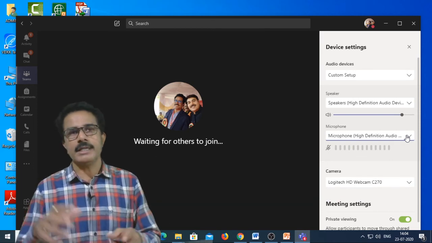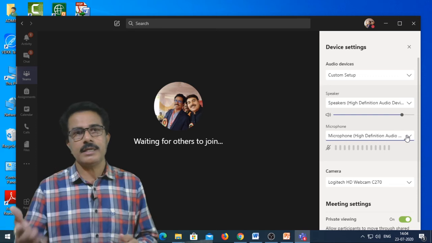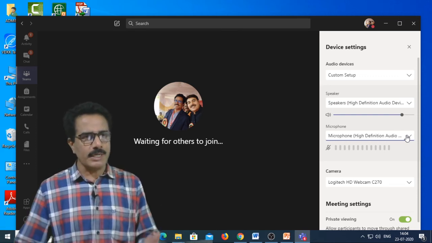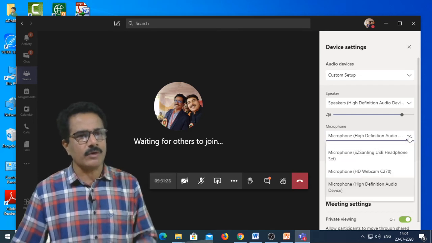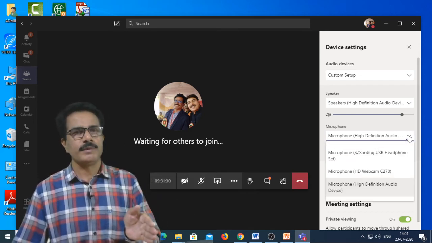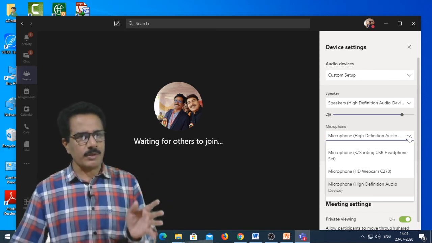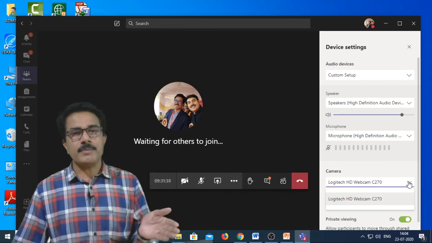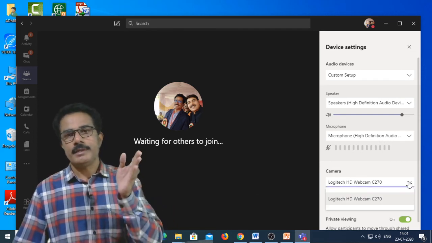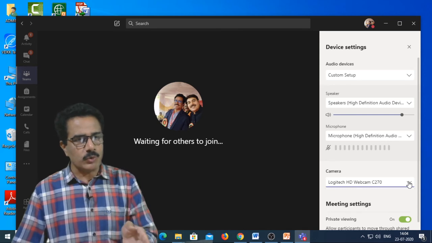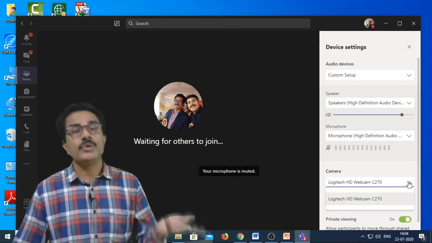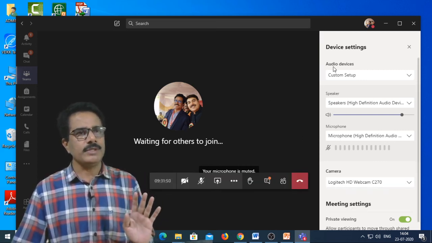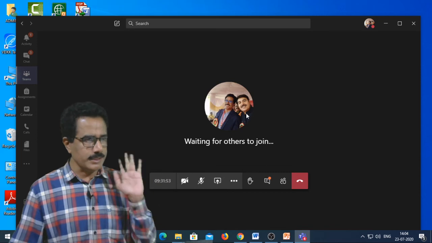If there are different microphone connectivities, desktop or laptop, you have to select which type of microphone you want to use in Microsoft Teams. Also there are different types of cameras, web cameras or the camera of the laptop. You have to select which camera you want to use in Microsoft Teams, which will be used to join the system.